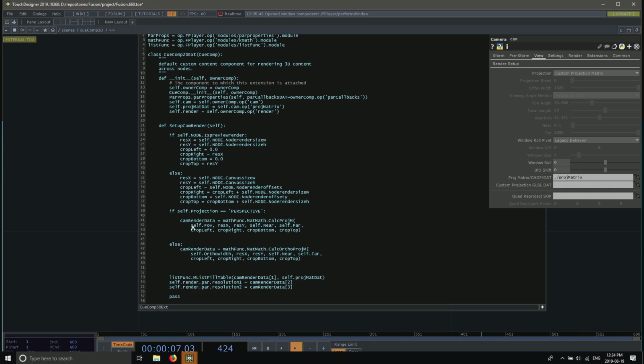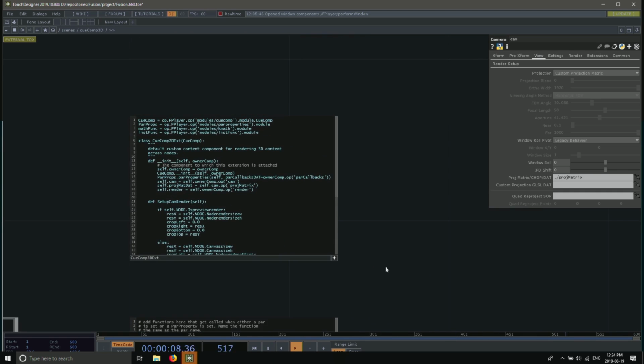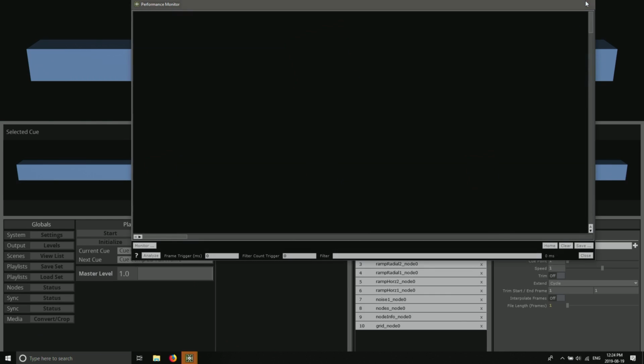math.func.mapmath.calc.projm, and you tell it the field of view, you tell it the resolution of your whole canvas, you tell it the near and far clips, you tell it crop left, crop right, crop bottom, crop top. And one's for ortho, and one's for perspective. That should actually be called calc perspective matrix, not proj matrix, but it is called that right now. So you just feed it those four numbers. This one, instead of field of view, you've got to give it ortho width. You just give it those four numbers, and then if we go into the node,